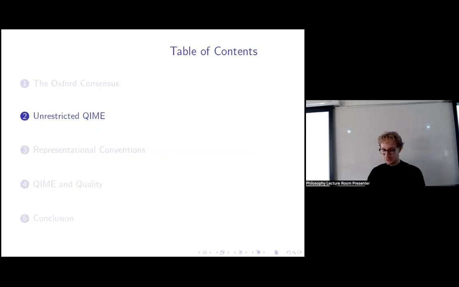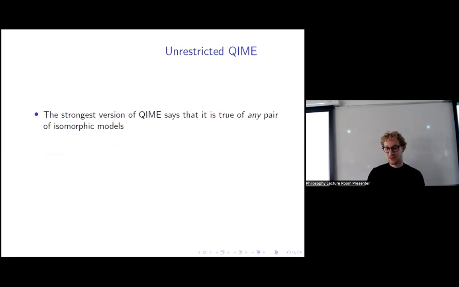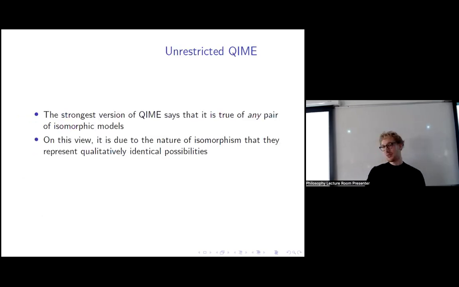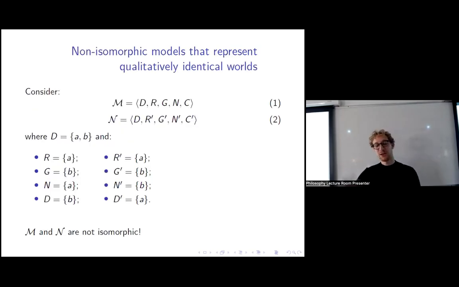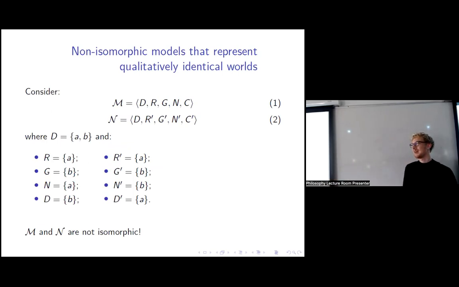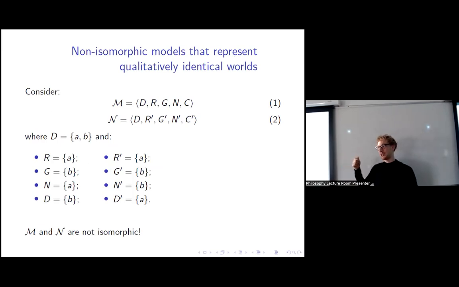So first, let me just talk about the unrestricted version of Quine, which says it's true of any pair of isomorphic models, right? So in this view, it'd be due to the nature of isomorphism that isomorphic models could only represent qualitatively identical possibilities. I think there are counterexamples in both directions, so let's just provide them. So non-isomorphic models that represent qualitatively identical worlds, this is the uninteresting direction that doesn't play as much of a role in philosophy of physics. And I think the counterexample isn't going to be too controversial either, but just